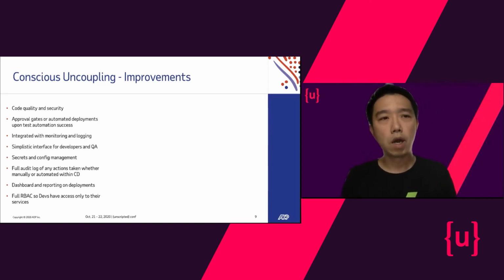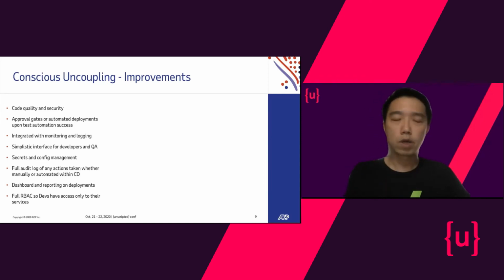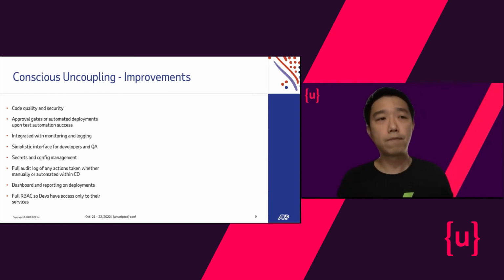Approval gates with automated deployments upon test automation. When we broke this up, we added more approval gates as well as a lot more automated deployments. Of course, you can do that in a single pipeline as well. What we did have integrated with ours, in terms of adding improvements on top of what we had, is when we broke up our CI/CD pipelines, we added, definitely with CD, a lot more monitoring and logging